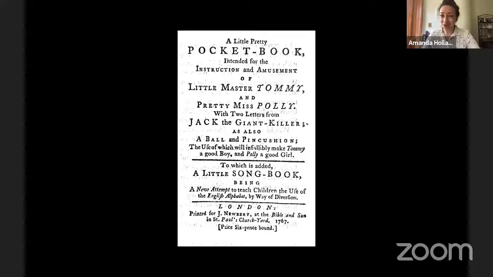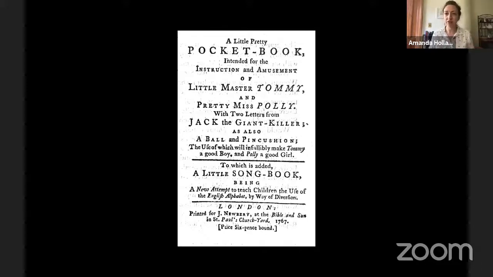This is again John Newbery. This comes out in London. It also gets published in the United States. A lot of these works, some were shipped over. We do have the founding of printing presses in Boston and obviously quite famously in Philadelphia. And we'll get to Dr. Franklin in a moment. But here I want to note that one thing is instruction and amusement are now being